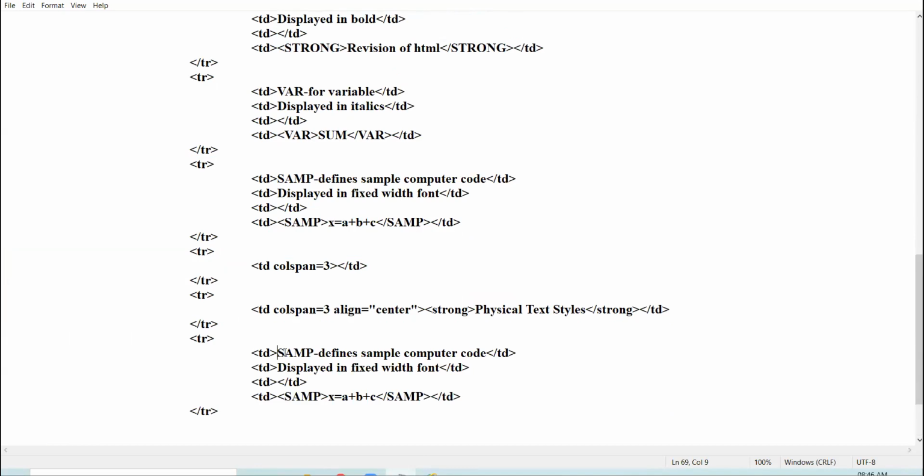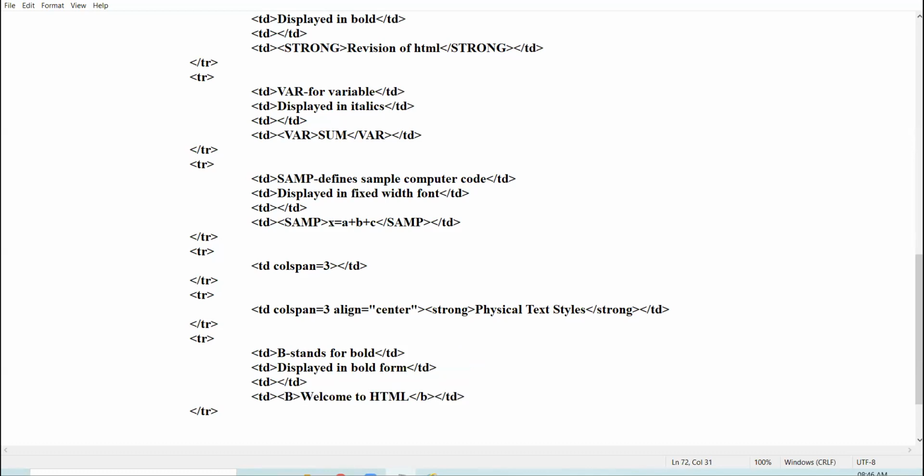So I am creating first B tag. B tag stands for bold, displays in bold form. Okay, like if I write here welcome to HTML and I enclose it in bold tag.